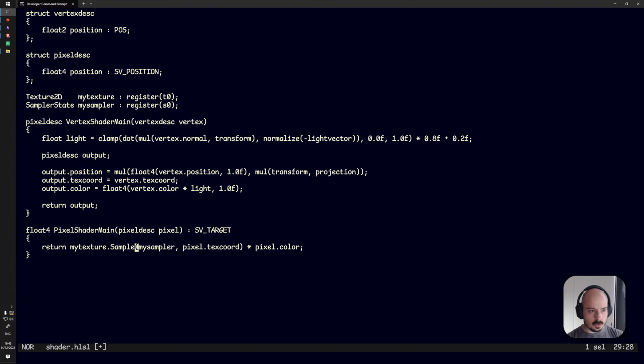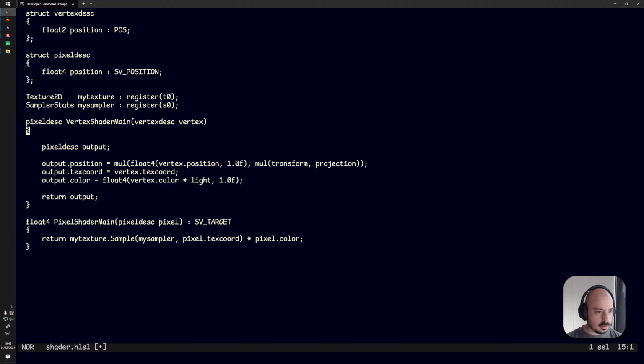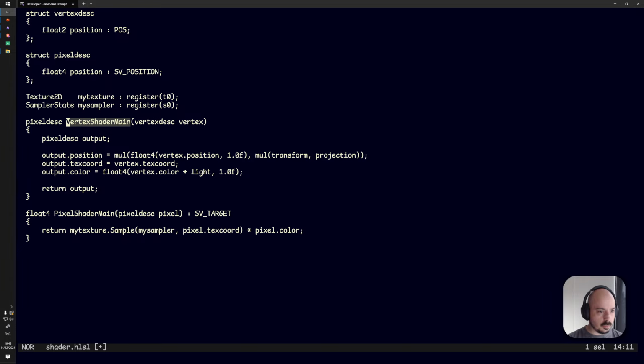Why is it float4? Oh, because there's that W coordinate thing. Okay, I'm not going to worry about that. Just going to leave it. This is going to be vertex main, and this is going to be pixel main and pixel desc, I guess. So the position is going to be,